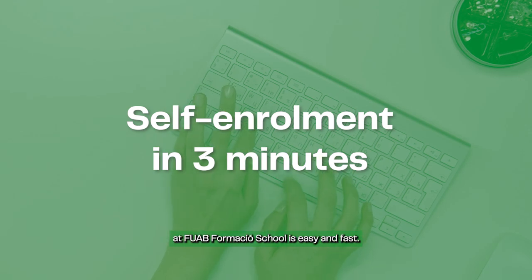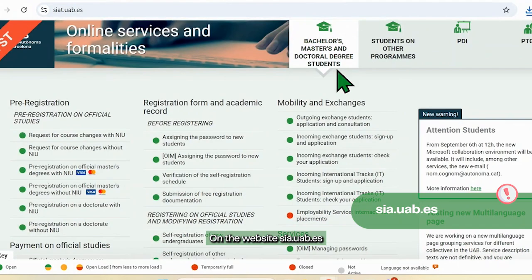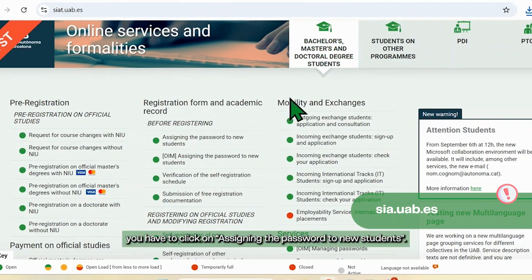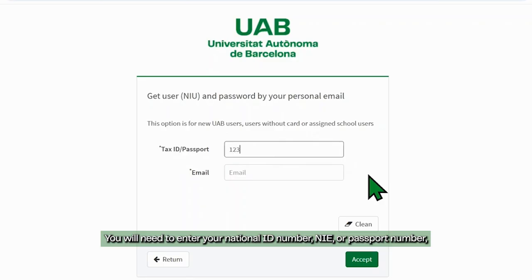Make your self-enrollment at FUAB Formació School is easy and fast. On the website sia.uab.es you have to click on assigning the password to new students. You will need to enter your national ID number, NIE, or passport number, and the email address you provided during